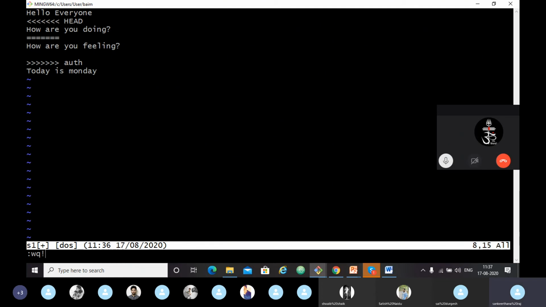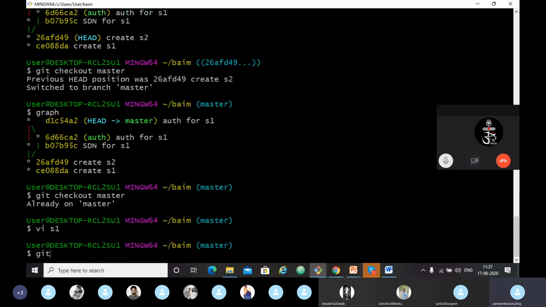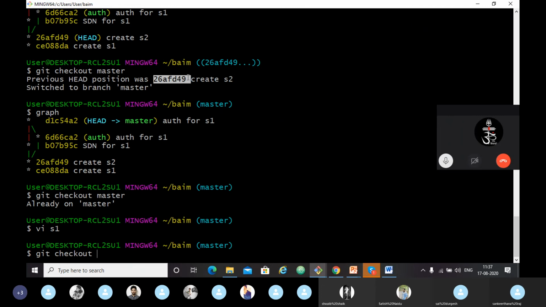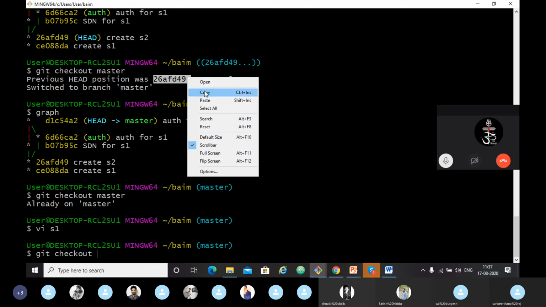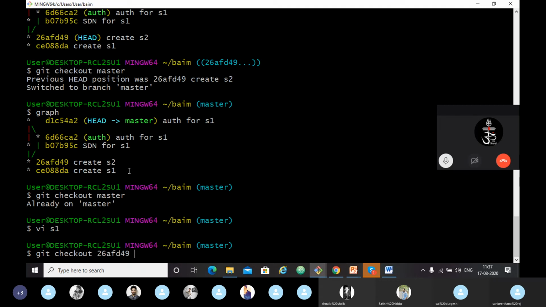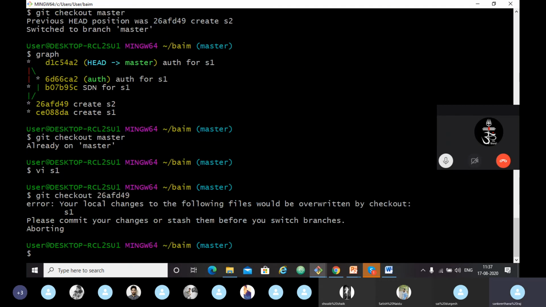So I have saved that file. I want to check out the same commit. It shows an error. That means I haven't committed my file yet. So to save the changes I have made till now, I just have to use the git stash command.